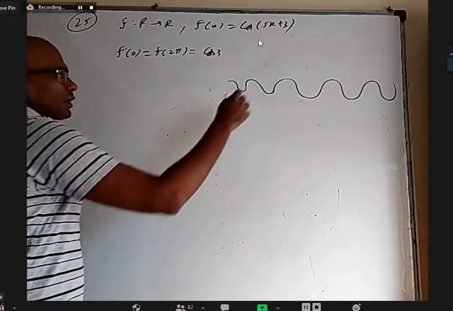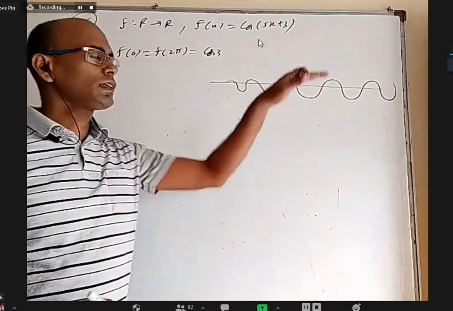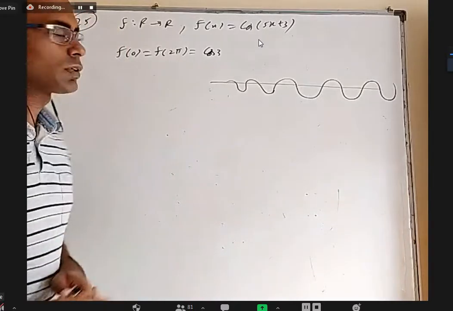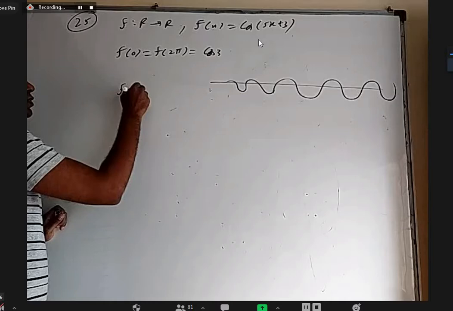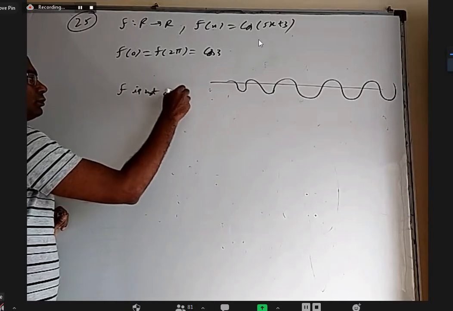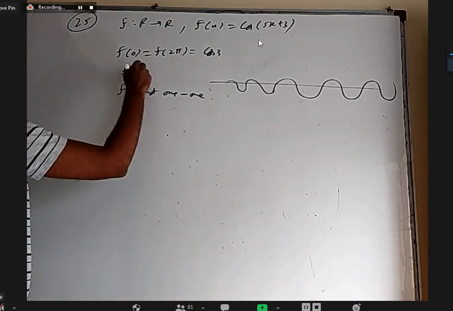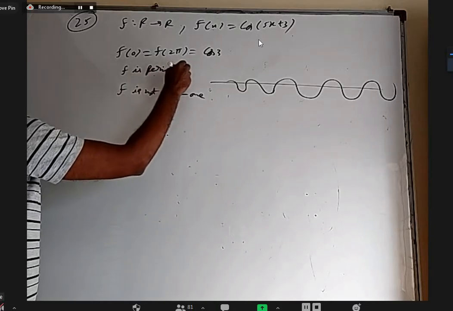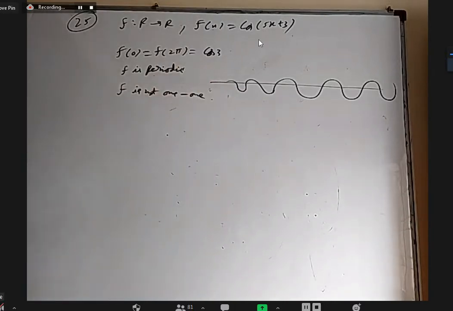Or from the graph, a horizontal line, we know the horizontal line test for 1-1. If any horizontal line intersects more than once, it means for many x values the y value is the same. So it is not 1-1. So either from the graph or with an example, you can tell f is not 1-1. In general, if something is periodic, it cannot be 1-1. Either this reason, this or this, f is not 1-1.